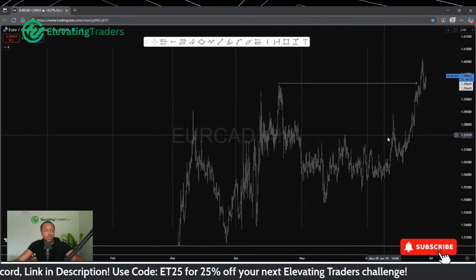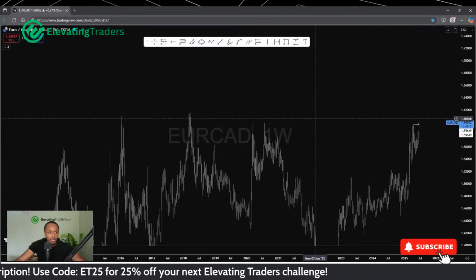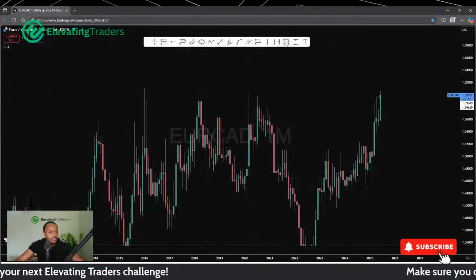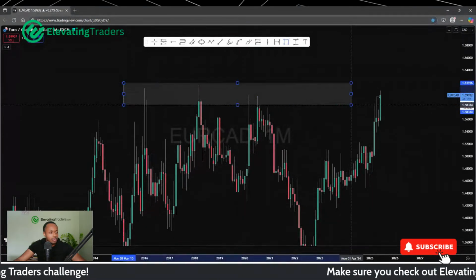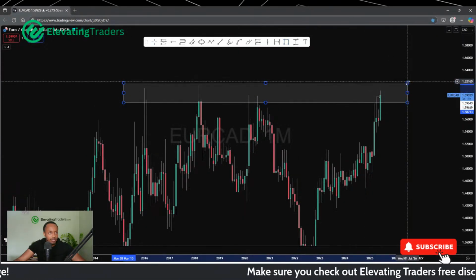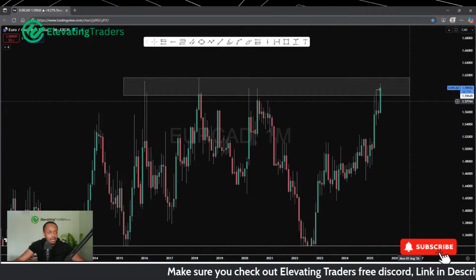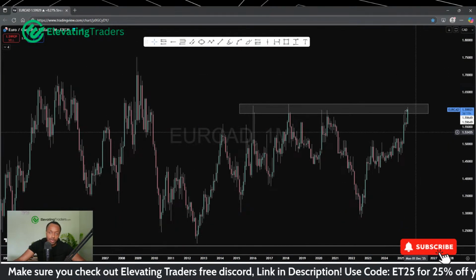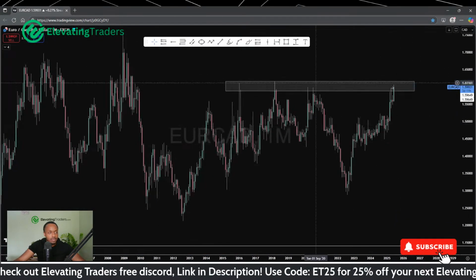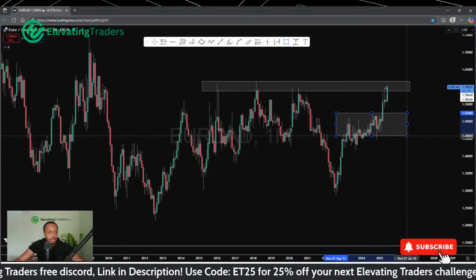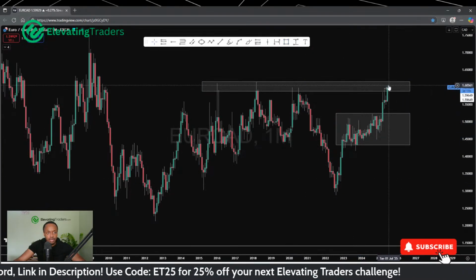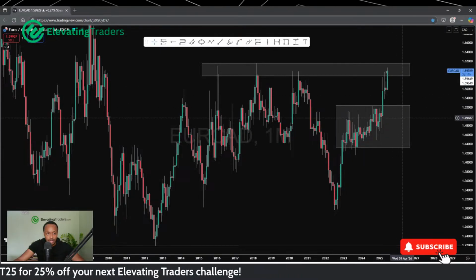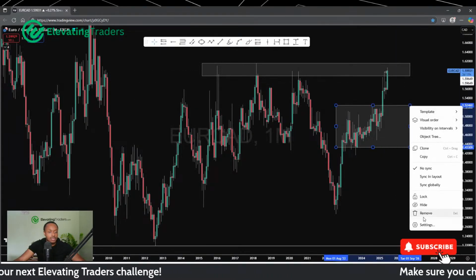Again, the biggest takeaway with EuroCAD is, of course, where we're trading. If I go to the monthly chart, you see it in all its glory. A very, very big level of resistance here on the monthly chart. So the way I see it, if price is going to respect this, there could be a very big sell to be had. I would be looking at price at least coming back to retest an area like such. And although it doesn't look too big on the monthly chart, this is a pretty big swing back into that area. So definitely something to consider.